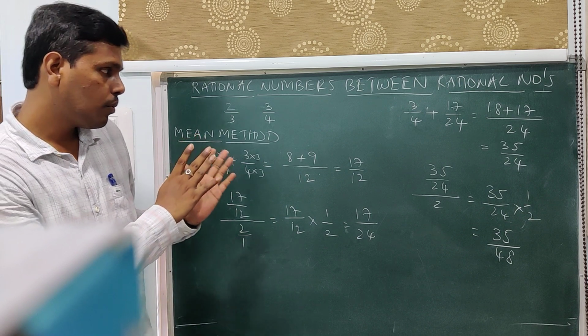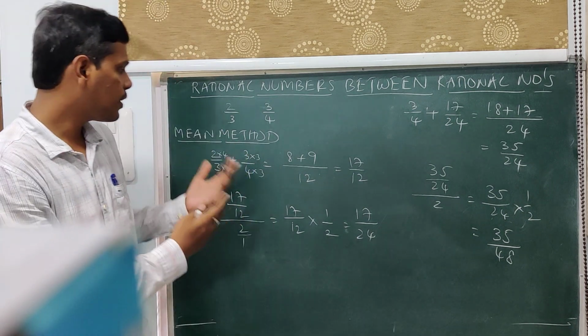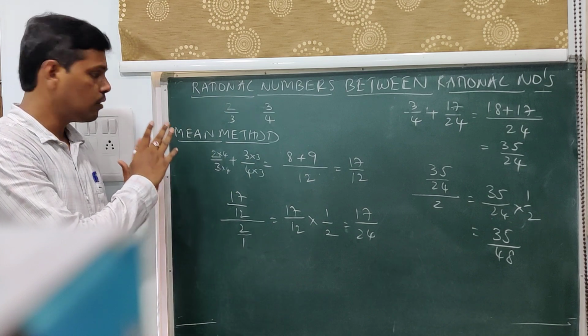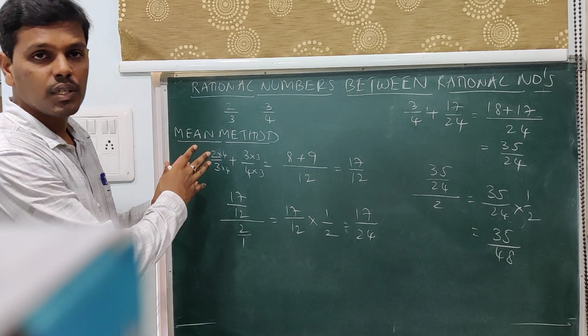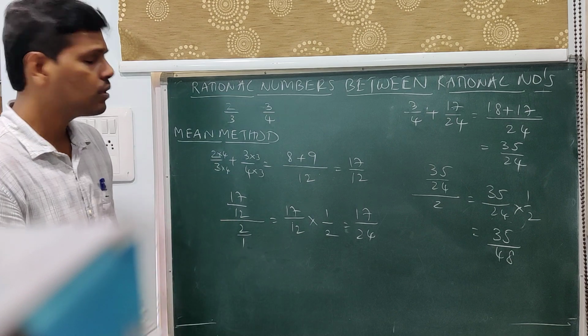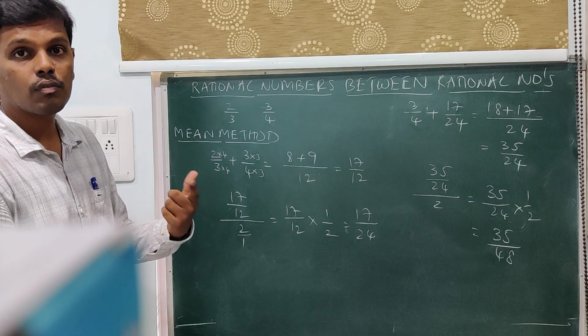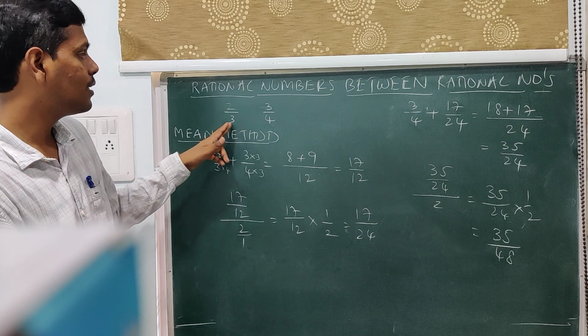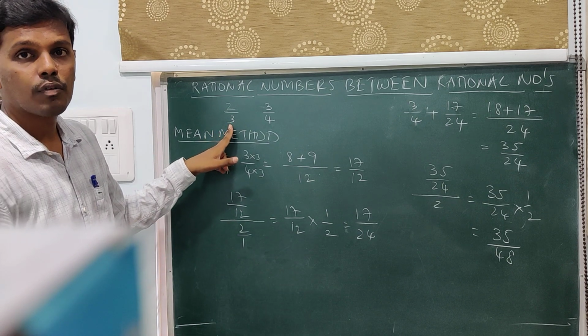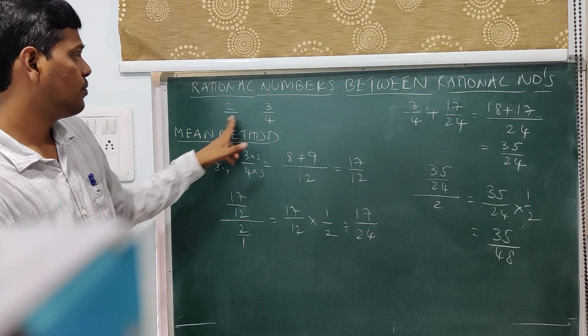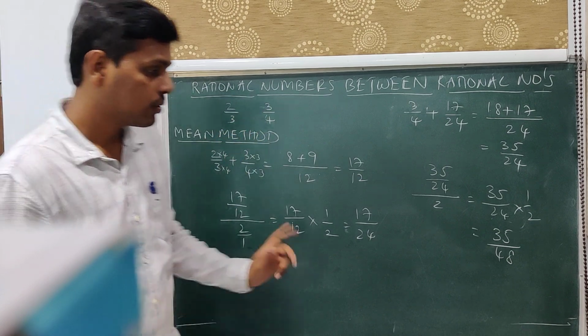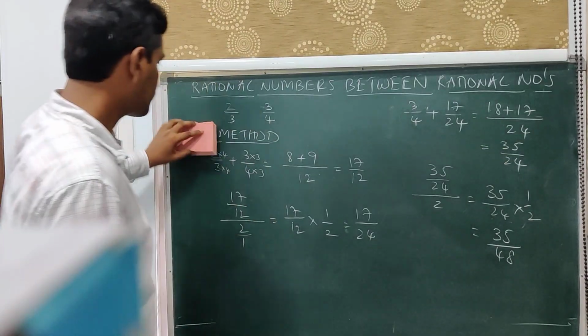So to go about such kinds of problems, there is a more effective method which we switch over to from the main method, using what we call like fractions. That is the concept which I will use in order to identify the required number of rational numbers between the given two rational numbers. So that is what we are going to discuss next.